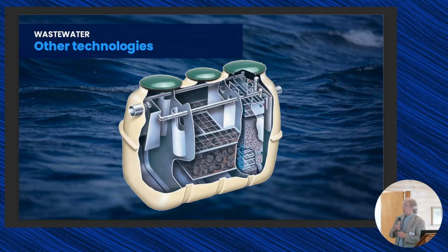This is a cross section of what is called an aeration system, enhanced treatment. It's actually got 3 chambers. You'll have a settling chamber right here where your effluent comes in. It trickles into an anaerobic tank, which is very good